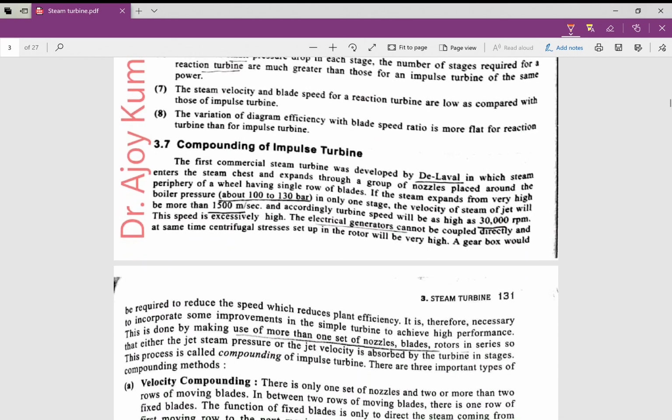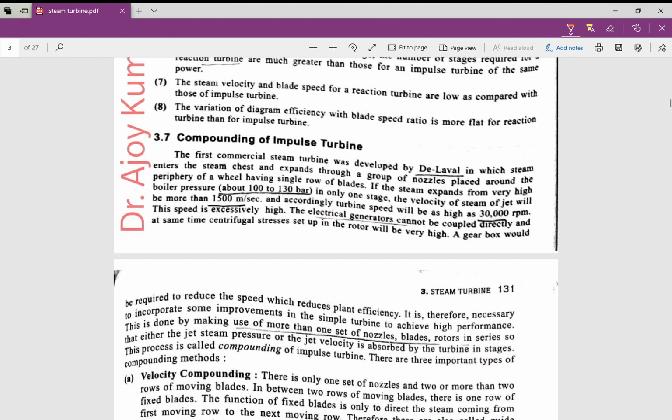Yeah. So now, dear students, let us move to compounding of impulse turbine. Why the word compounding? Compounding in the sense, suppose you take a simple impulse turbine, like the example written here, De Laval. He was the inventor who introduced the simple impulse turbine. Simple impulse turbine means it has only one set of nozzle and one set of moving blade mounted on